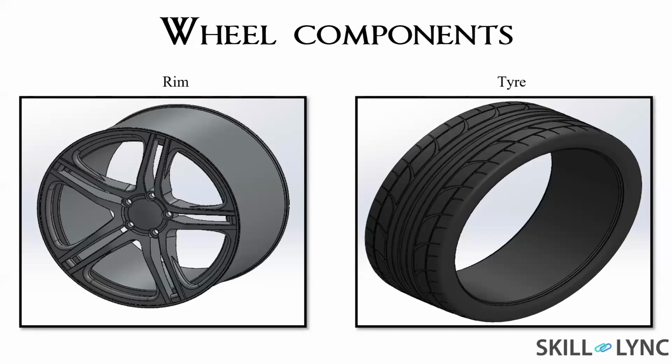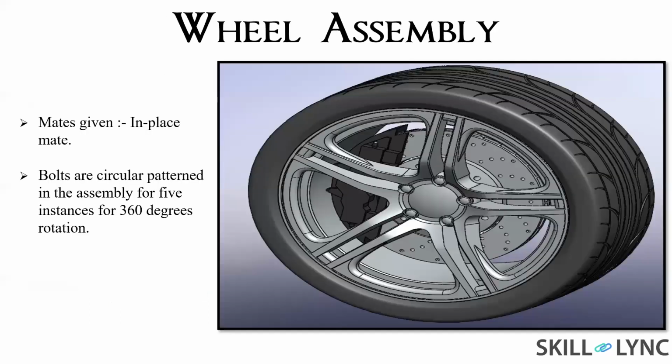After all these parts were created, the assembly was created. Since I built these models with reference to each other, for instance, I first created the rim, and I gave it a reference of an axis in the middle of the wheel rim. I used that reference to create my tire, disc brake, and bolts, so that when I bring them into an assembly, they get placed by themselves. That's why they all have in place mates.